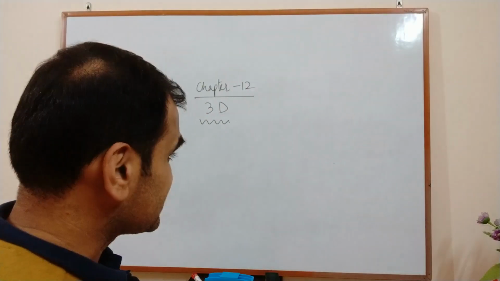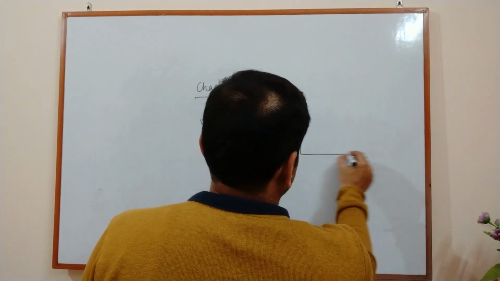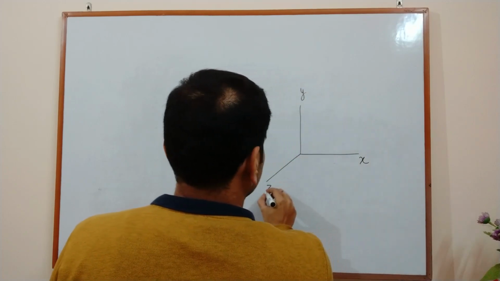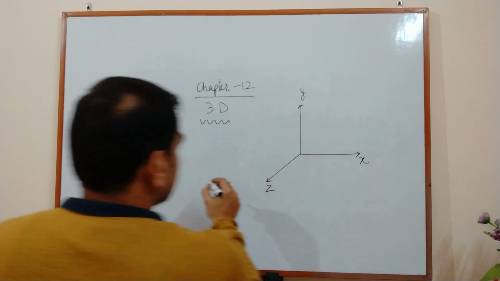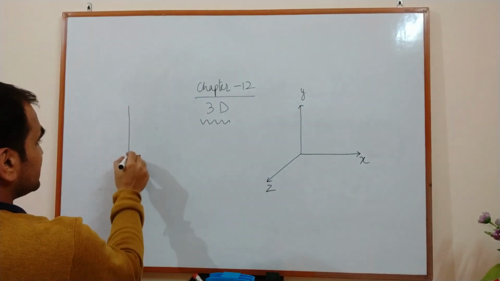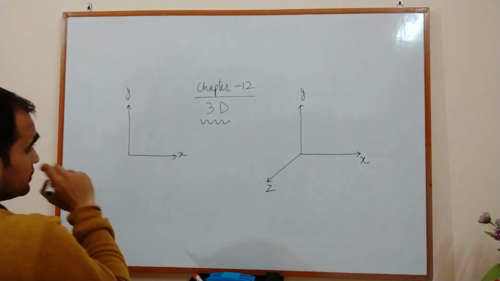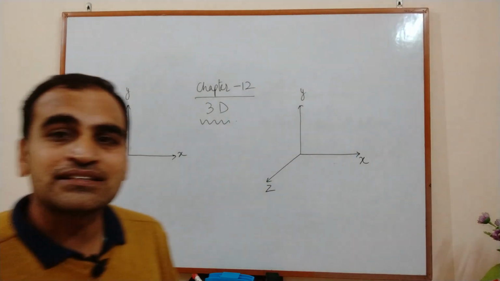2D से, जैसे आपने पहले भी स्टडी किया हुआ है, जिसमें हमारे पास x and y axis होते हैं. So here in 3D we have an extra axis, that is the z axis. It can be represented as x axis, y axis and z axis. If we compare this three-dimensional geometry with 2D, in 2D we have only x and y axis. Here we have three axes, x axis, y axis and z axis.